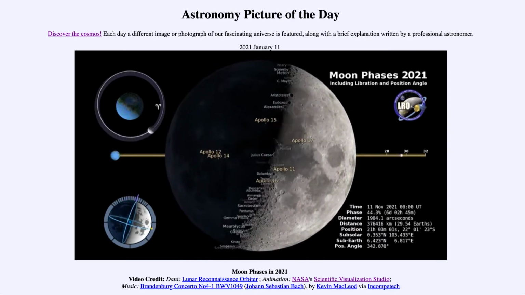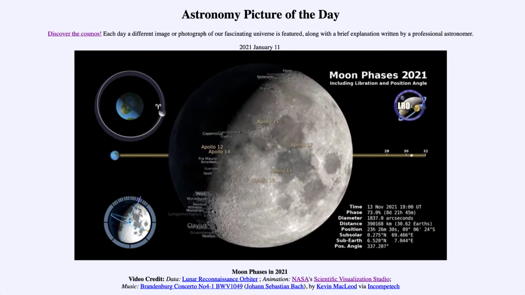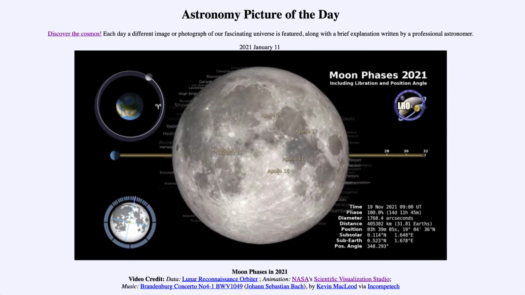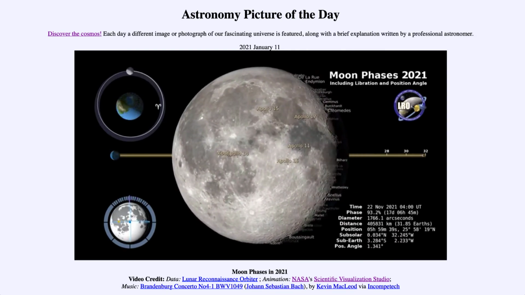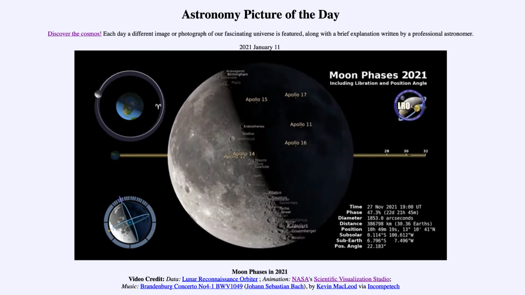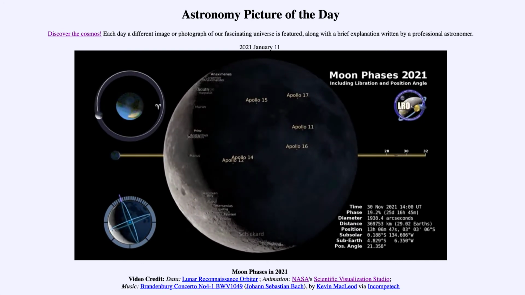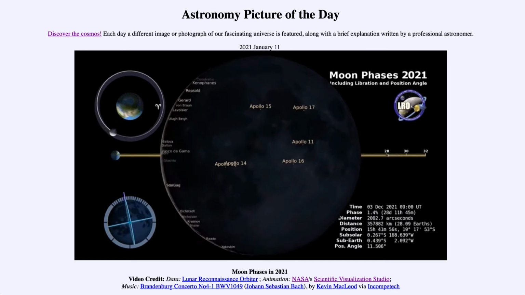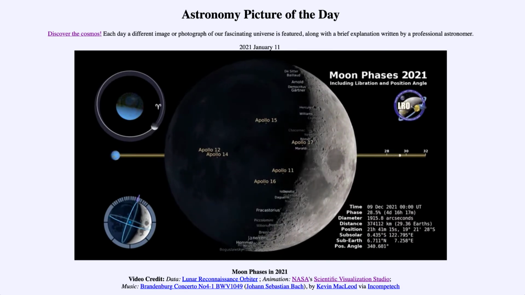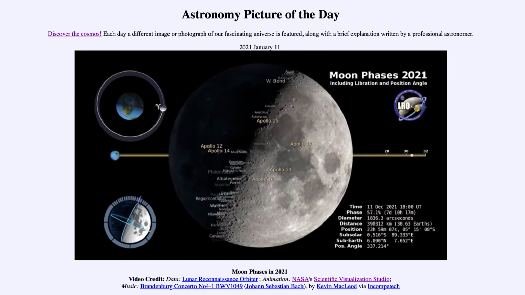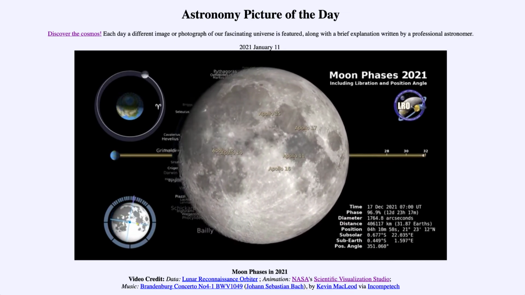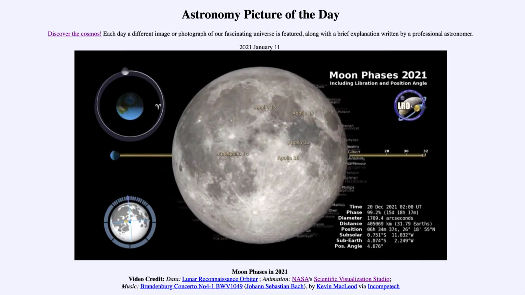In fact, very close, just above the Apollo 12 and Apollo 14 landing sites, you see the big crater Copernicus, named after the great astronomer Copernicus, who was one of the first modern astronomers to suggest that the Earth orbited the sun and not the other way around. So as we approach the end of the year, we again see the moon continuing to go through its phases. And you can skim through this to look and see what the phase of the moon will be, for example, on your birthday.